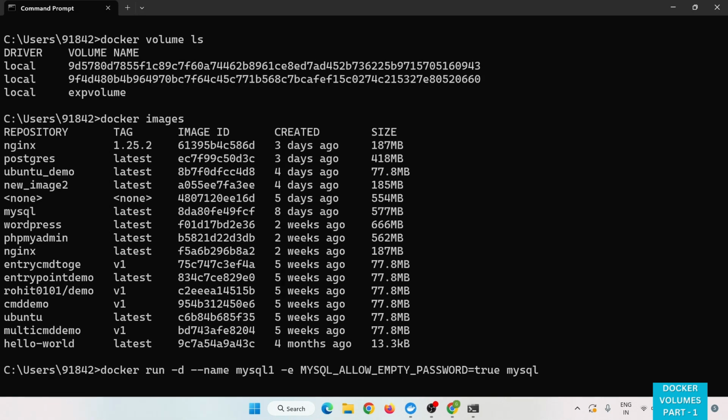So for that we have to use -v for mount volume, and here we have to mention the name of our volume, that is exp volume,